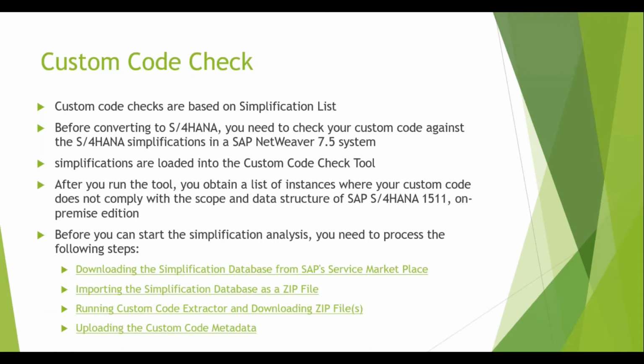Now, we understood from the standard business processes point of view how we are going to check which of the standard business processes will be impacted. Now coming to something very important, custom code. For standard business processes, SAP already provides a lot of information, and even if you go generic, you know a lot of things that are not going to be supported. But custom codes are always client specific, right? You may have custom codes which are different from client to client.